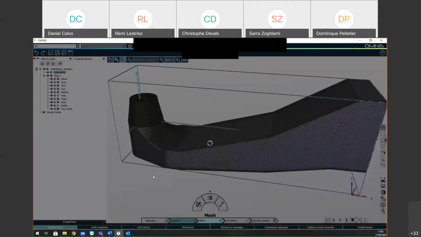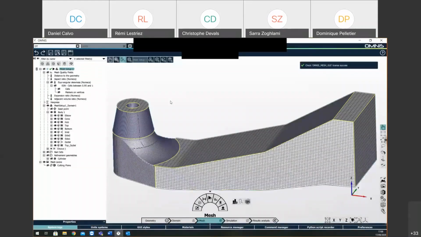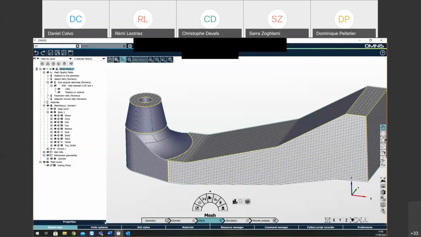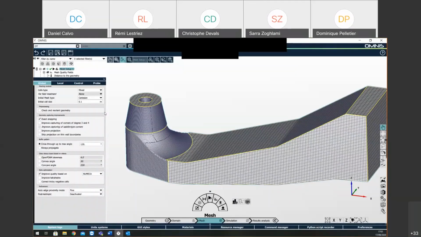And then we move to mesh. And what can we see in mesh? Well, we have global parameters, we have local parameters, and we have volumetric parameters if we want to apply volumetric refinement. So starting with the global parameters, we want our mesh to be hexa dominant. So we don't mind that we have prisms in between the hexahedrals, but we could generate a full hexa mesh in case we didn't mind that the mesh was non-conformal in between the layers of different size